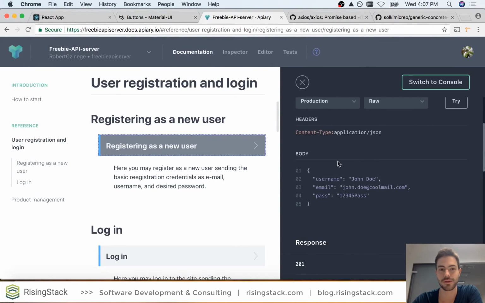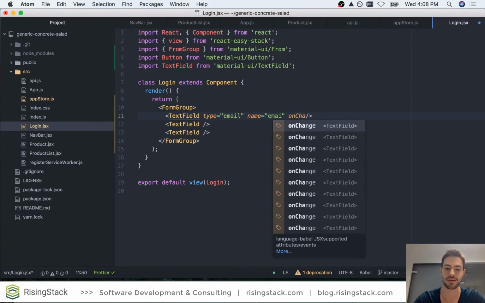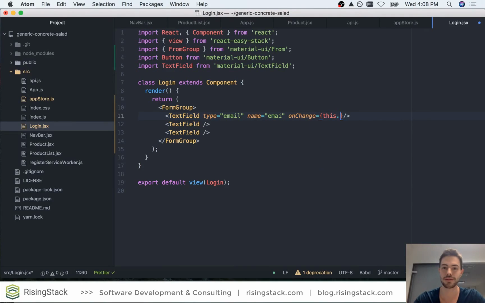So I plan to join the registration and login screen for simplicity. So we are going to use 3 fields here. First one is going to be an email type. I will explain this name in a second. I like to do data binding this way in React. That's probably a bad name for it, but you will see. And then on change, you want to run this dot on change,